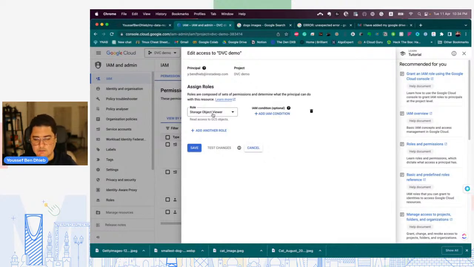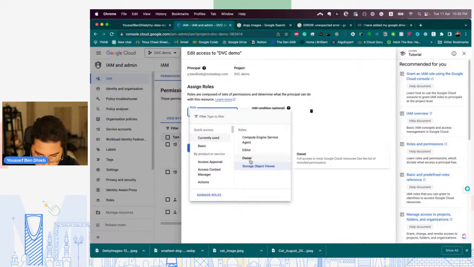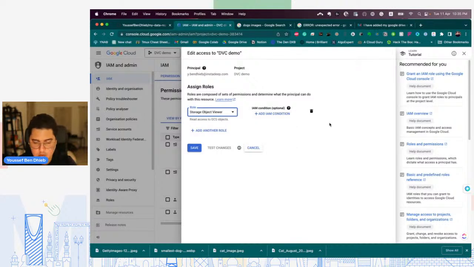And the role I have here is the storage object viewer. So the storage object viewer is able only to view the objects on the cloud storage on that bucket. Yeah, but I cannot modify it. I cannot delete anything from it. And that's how you can protect the bucket if you want. Otherwise, you can give access as a storage object owner, I think, or owner or editor, if you want them to modify the data. But the best thing is to keep them as viewer, and then